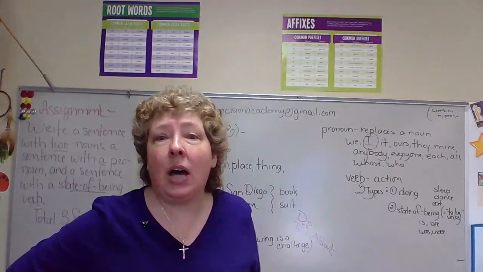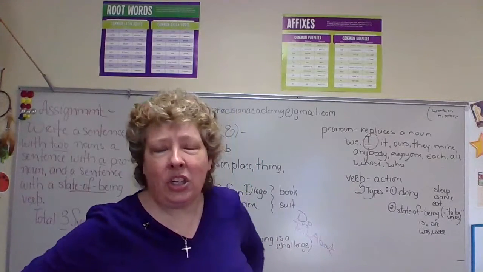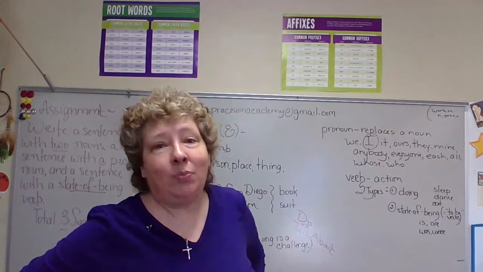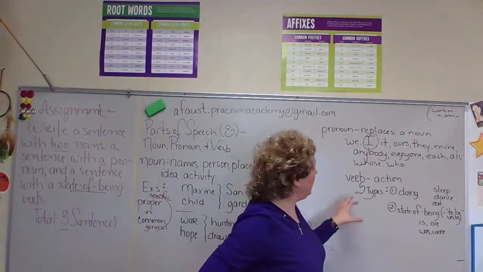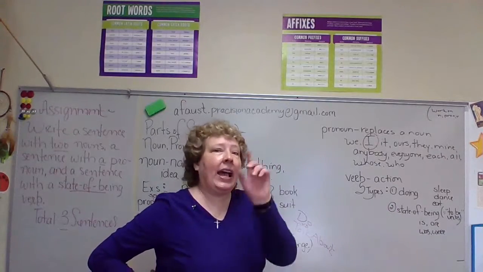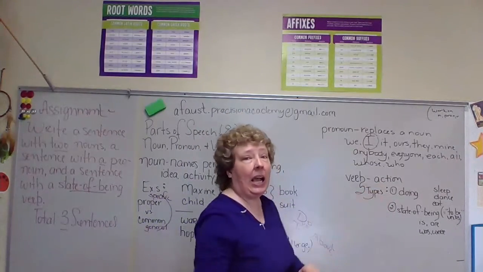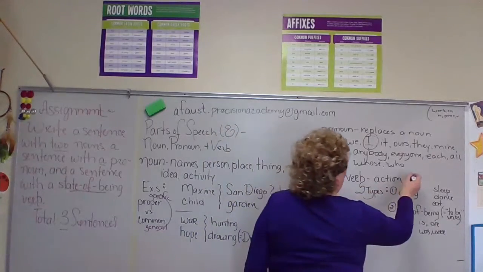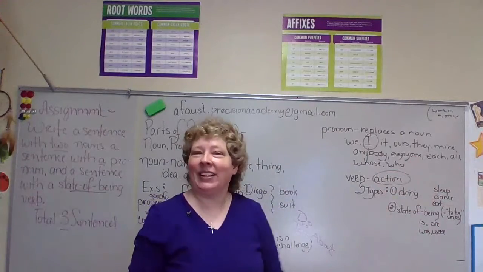There are two types of verbs. Yes, one of them you're going to look at and say, what? There's no action. It still goes under the verb, the one category. Okay, action, two types. Yes, the first one's easy. It's all about doing. So if I ask you for the definition, please don't say doing. I am looking for action.